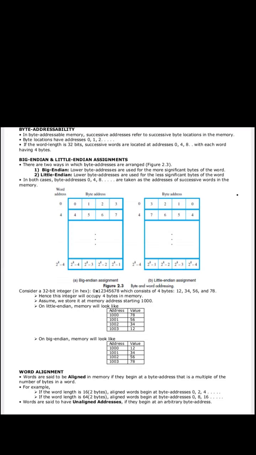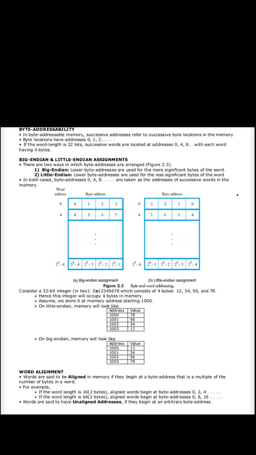On little endian, memory will look like: address 1000, 1001, 1002, 1003, values 78, 56, 34, 12. On big endian, memory will look like: address 1000, 1001, 1002, 1003, values 12, 34, 56, 78.